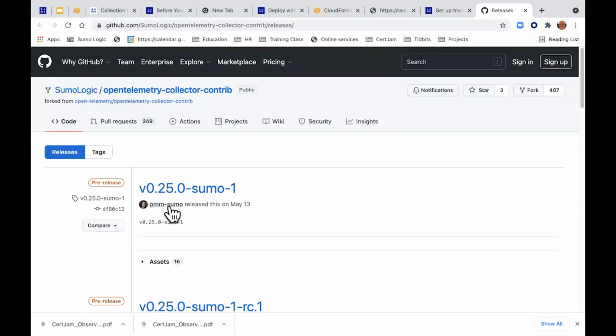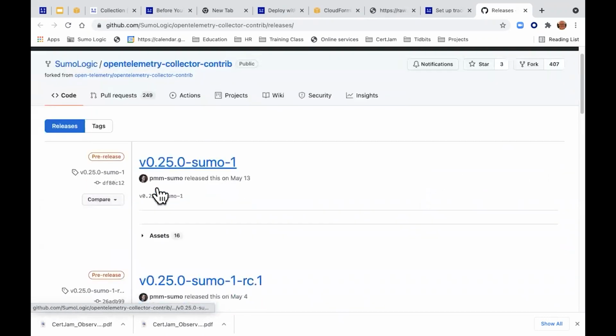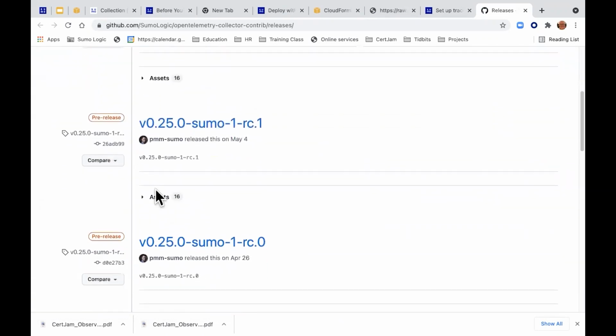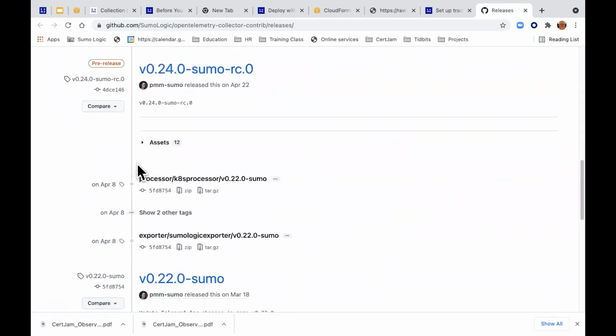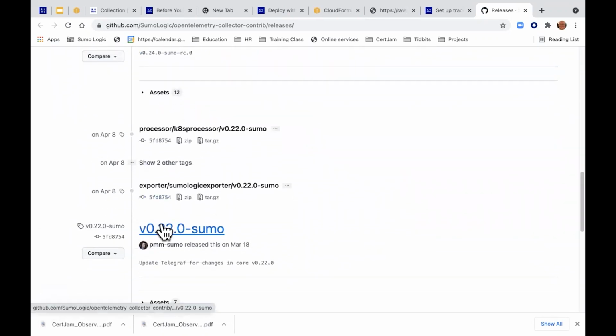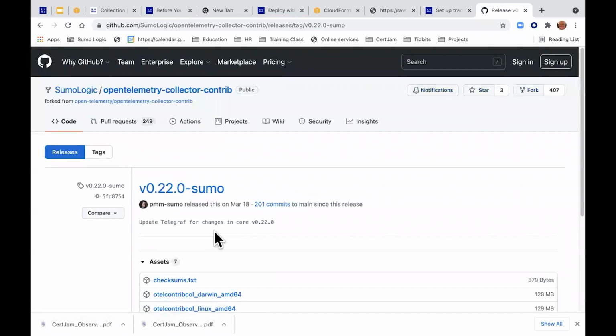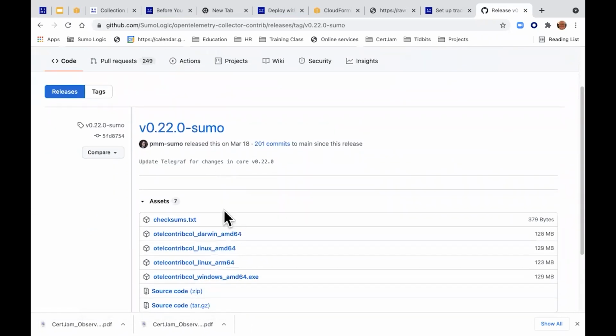And so if I click on this link in here, you'll see that there's some pre-release versions of this. We don't want to use a pre-release version. So I'm going to ignore all the pre-release versions, and I'm going to go down to the first one I come to that's not pre-released. So version 22.0 Sumo. And if I click on this, I see that there is a trace jar file here